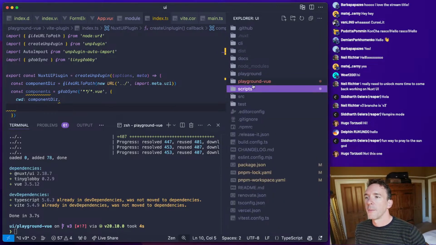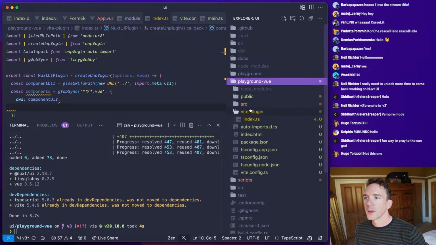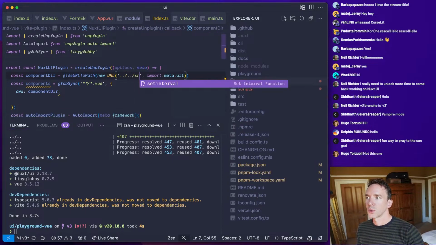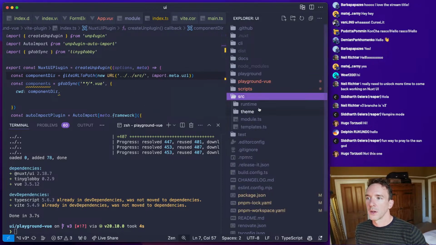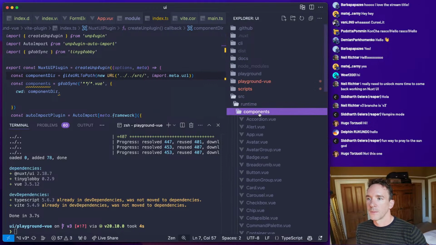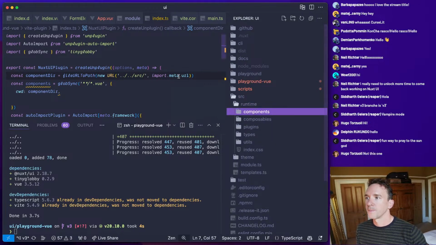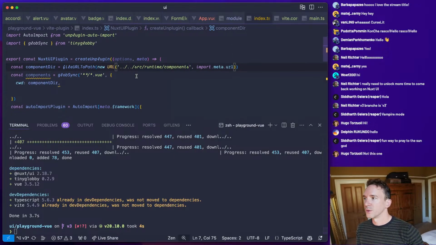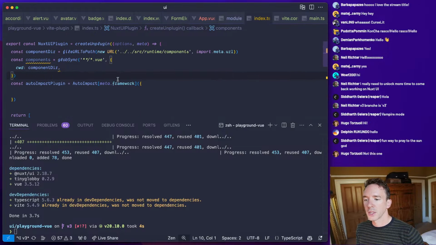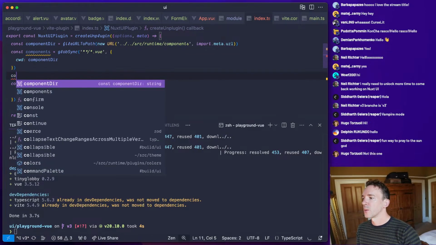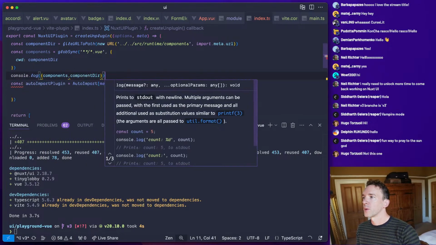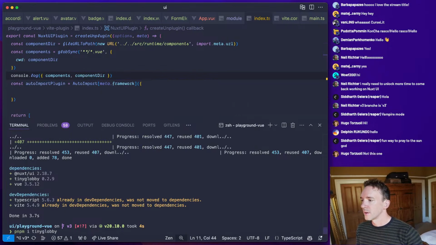And so it should be up 1 level, up 2 levels, and then source, runtime, components. Again, there's some stuff here that we'll do around the build, but we just want to get stuff actually working for now. So let's just log that out to check that we are doing this correctly. Components and component, which I think is probably not right. I might need another level.